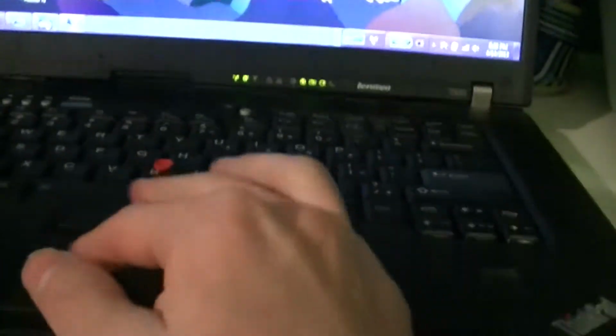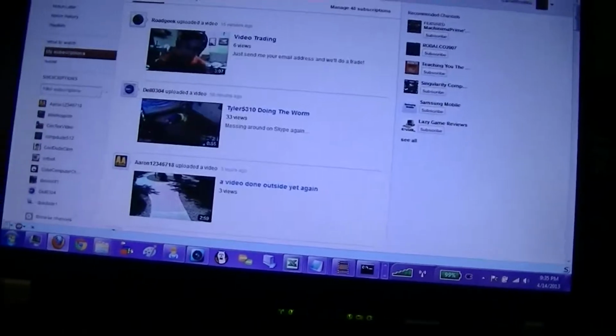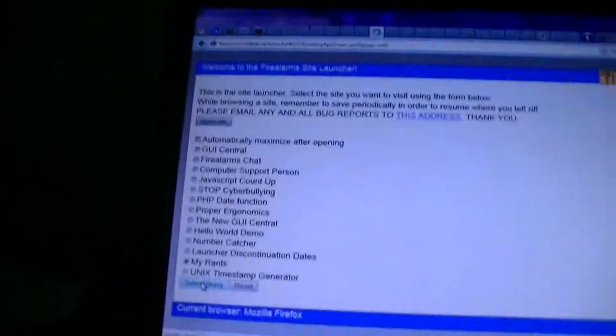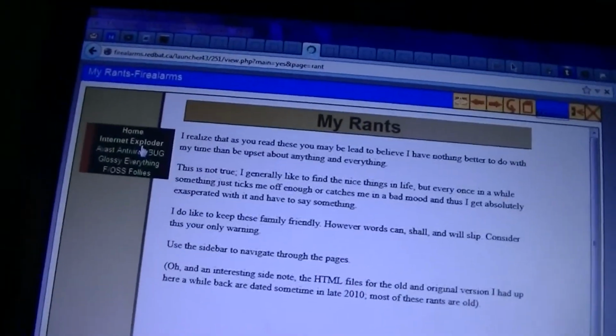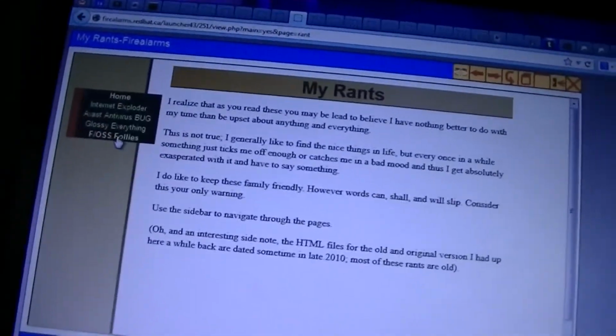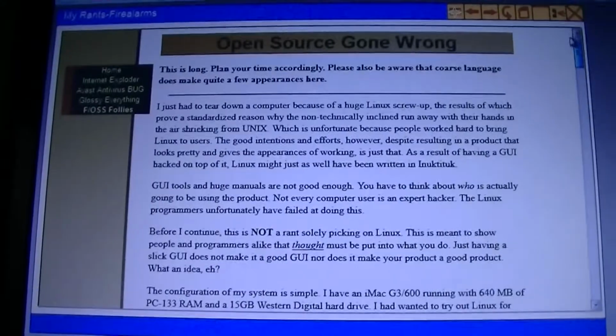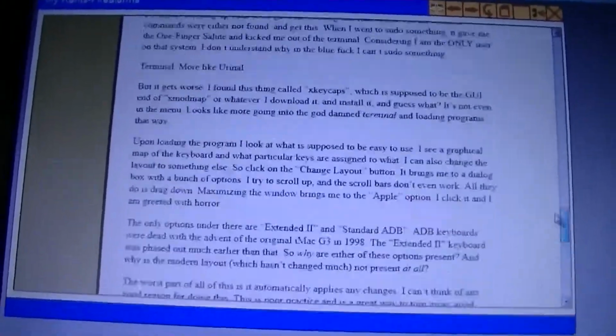Maybe attempting a reinstall this way will work. If you've looked at my rants page recently, which is new actually, I'll see if I can find it. What better way to find it than with the launcher? My rants. Open source gone wrong is what the page is called. It's a huge, lengthy article with language in it, of course,